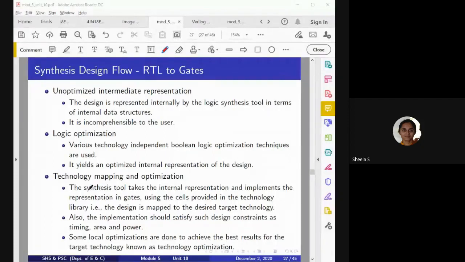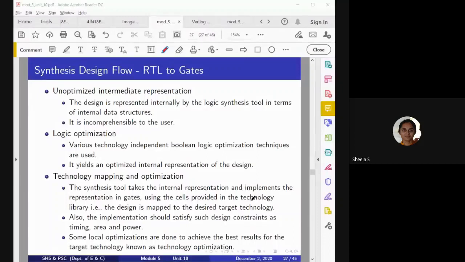So that is why the logic synthesis tool takes the internal representation and implements the representation in gates using cells provided by the technology library. This technology library is provided by the vendor. He has to decide which particular technology we are considering and what are the basic cells or primitive gates he is using, and based on that, the logic synthesis tool will build the circuit using the elements present in the library.